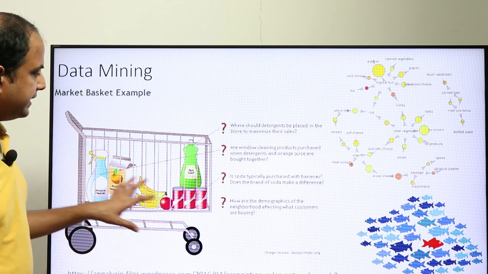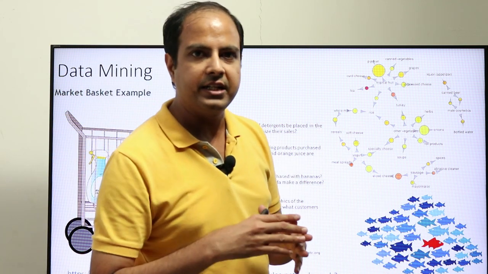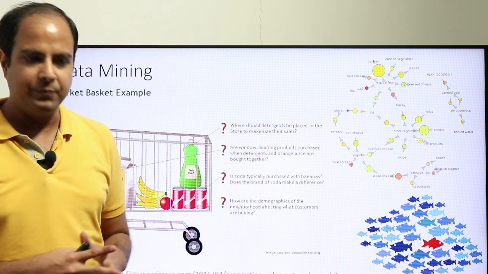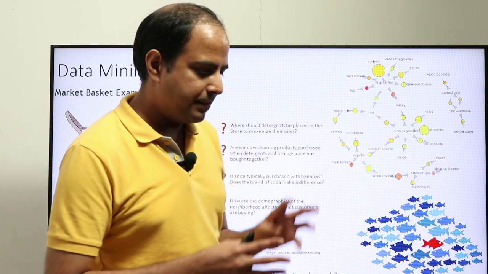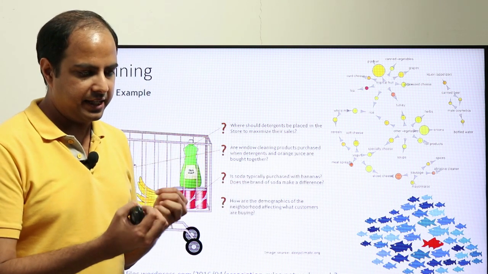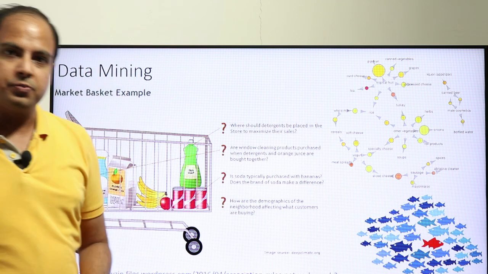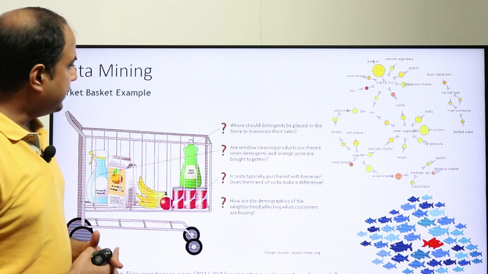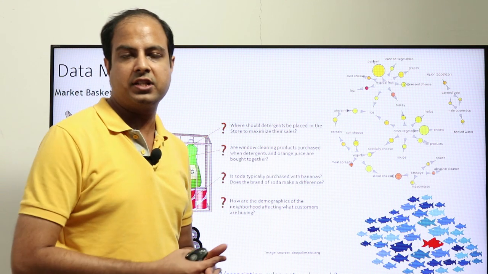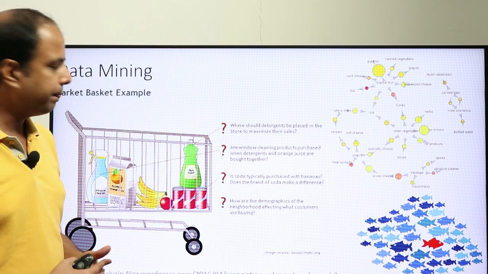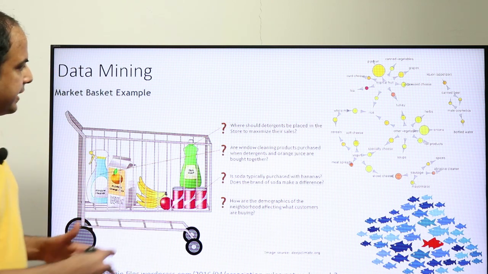In fact, if I look at this transactional data, as it is called, transactional data is basically data about each transaction that happens in a supermarket. So it basically has a customer ID. In fact, if you have a loyalty program, then you know a little bit about this customer anyway. But a customer ID anyway, right? And then what are the products that he bought? In this particular transaction, what is the rate for each of those products, and so on. Now using this transactional data, which by the way, in millions of such transactions happen at Walmart every day, by looking at this transactional data and doing some pattern analysis, I can try to get answers